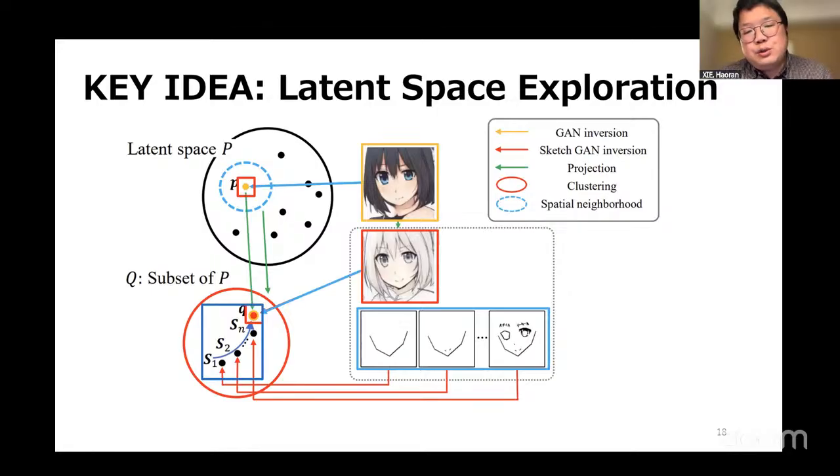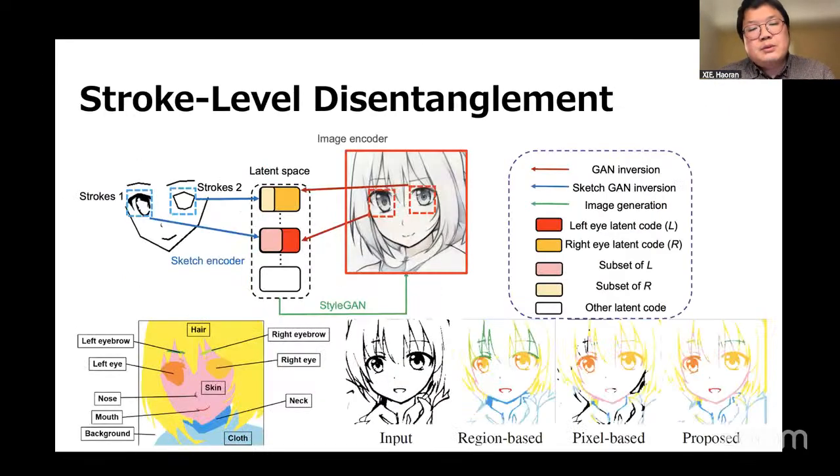So we need to make this sequence collect together in the latent space of the generative model. If we can do this, then next time, if the input is just some incomplete sketch or incomplete drawing, we can generate a quite completed and perfect result. Basically, we disentangle the features of the face, because this paper is only focused on the face. We do the segmentation for the human drawing.